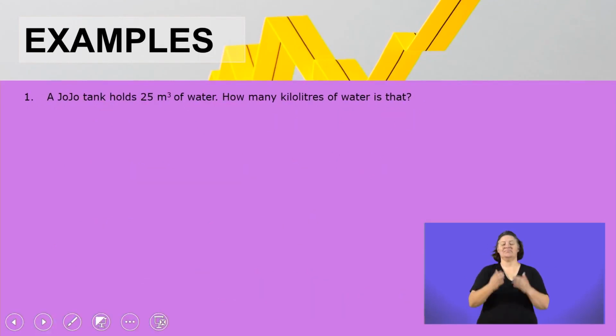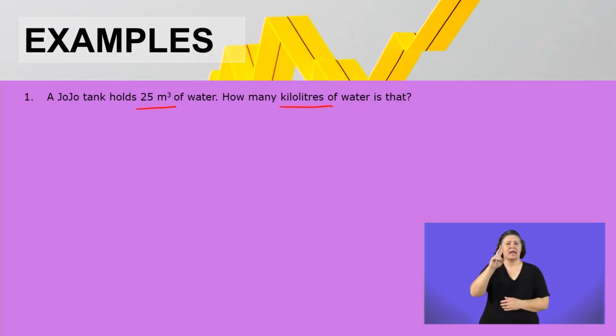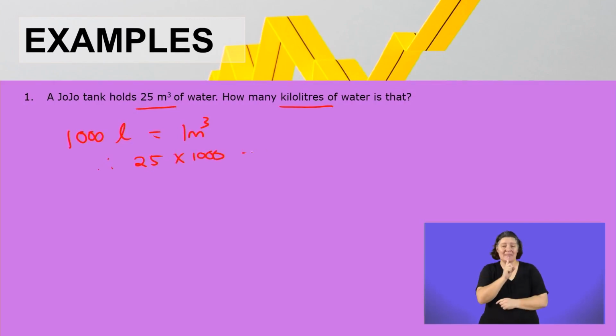All right, grade 12, then we have another sum here. I'm saying a Jojo tank holds 25 cubic meters of water. How many kiloliters of water is that? So remember we said earlier on that 1,000 liters equals 1 cubic meter. Here we have 25 cubic meters. So what will I say? Therefore, I say 25 multiplied by 1,000. So that will give me